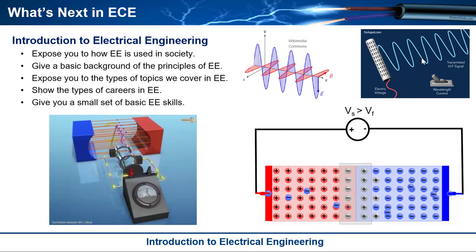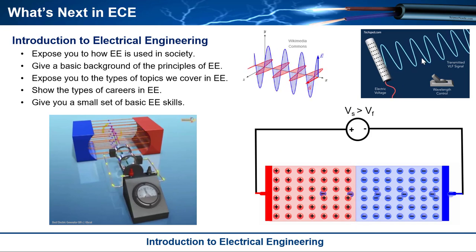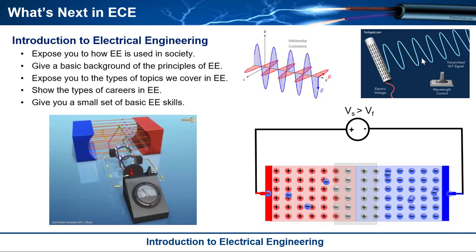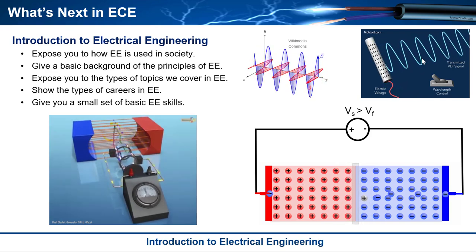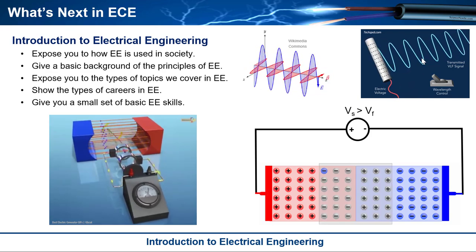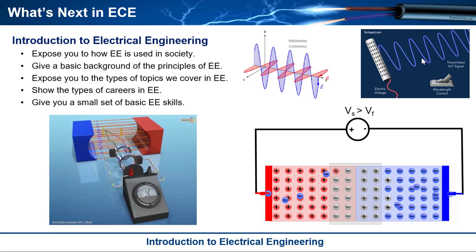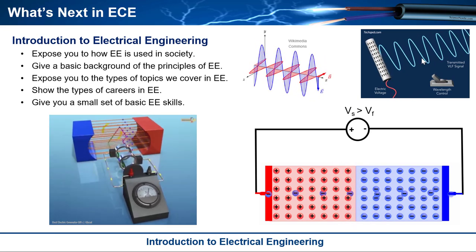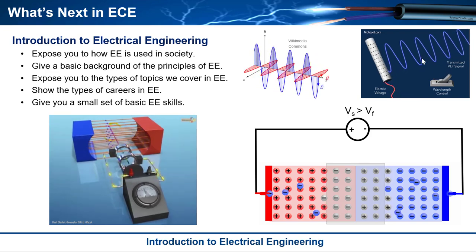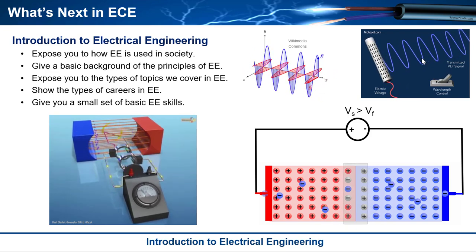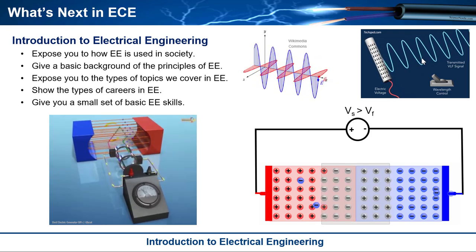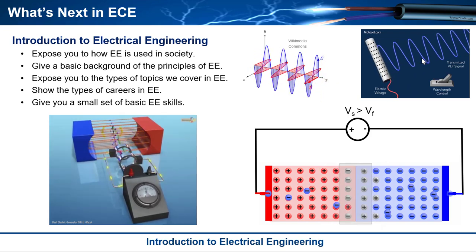But in general, it is broken down into electricity, the movement of electrons through things and trying to control that. And then it also is the forces, the interaction between force and magnetic fields. So that gives rise to the machines. And then that also gives rise to electromagnetic waves. So those principles of discovery are the guiding force behind electrical engineering, and then we break it down further from there.